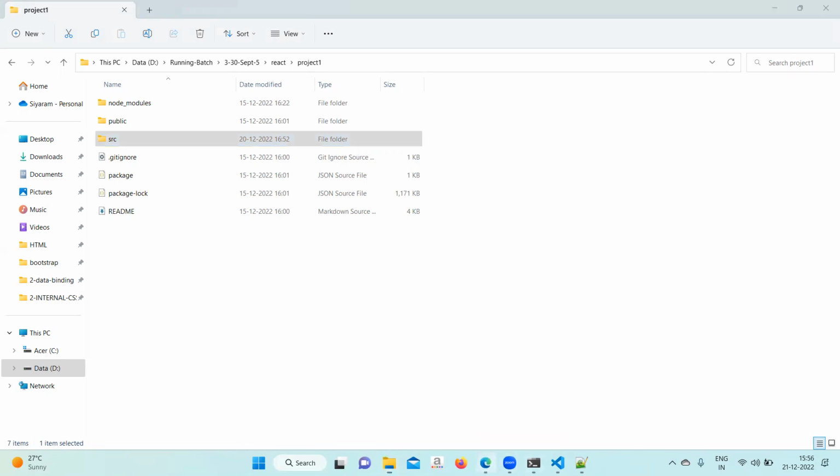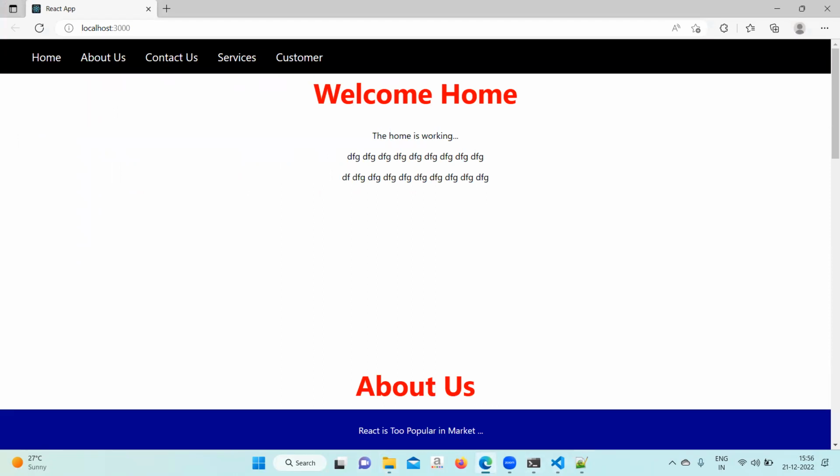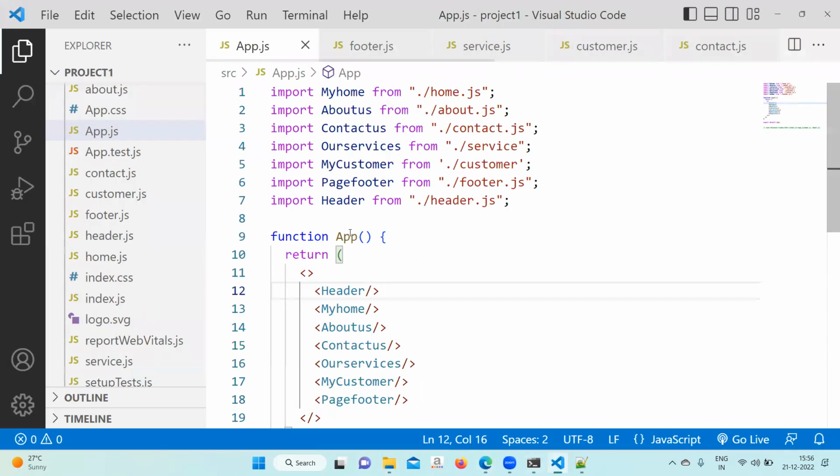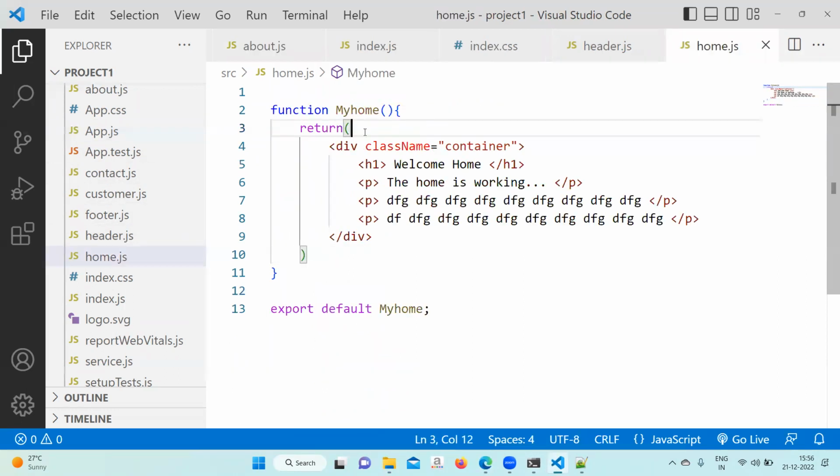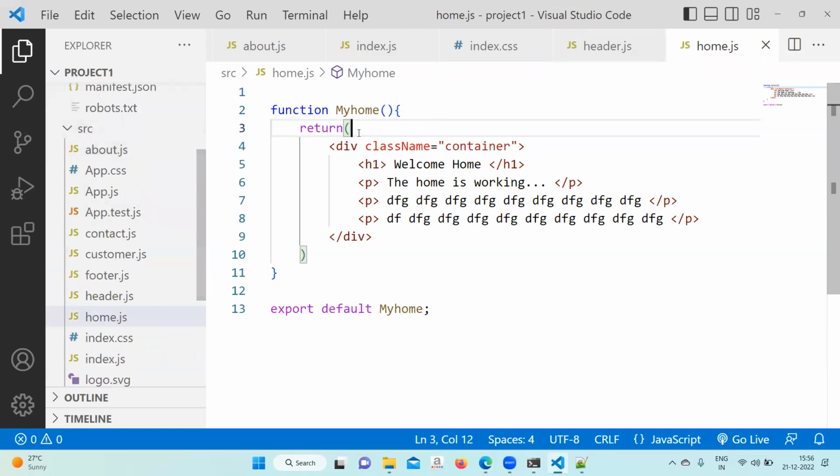Okay, so come to the next component. Routing will be the next day work. First, we'll go to the home file, home.js file. You create a component like this, home.js, in which folder? SRC folder. Come to the home.js file. In home.js file,